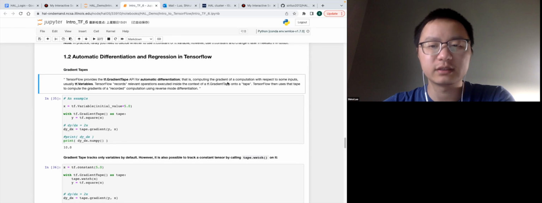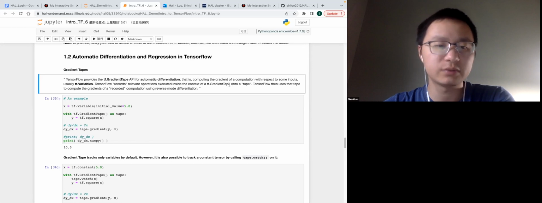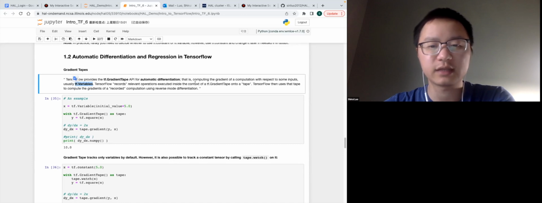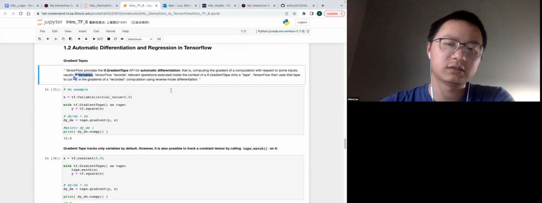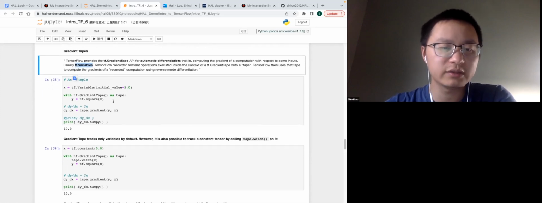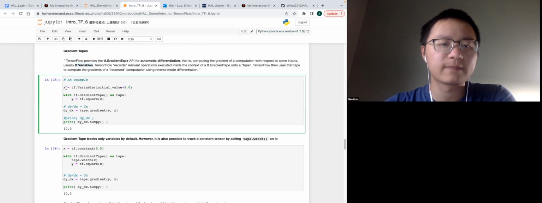It's computing the gradient of a computation with respect to some inputs. Usually it's TF variables. TensorFlow records the relevant operations executed inside the context of a TF gradient tape. TensorFlow then uses the tape to compute the gradient of a recorded computation, using reverse mode differentiation. It's hard to understand, but I'll give you some examples. We create a TF variable with initial value 5. If you do this context manager,